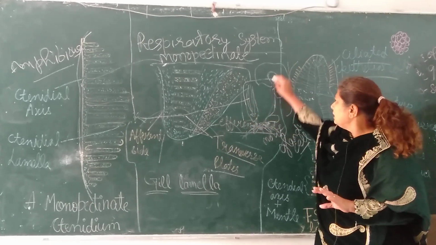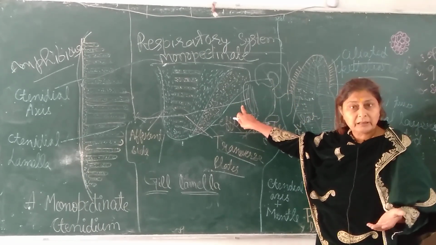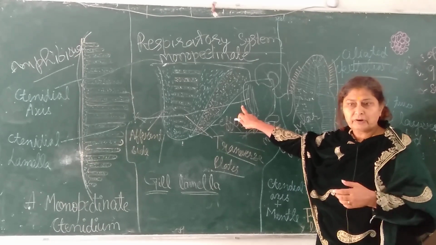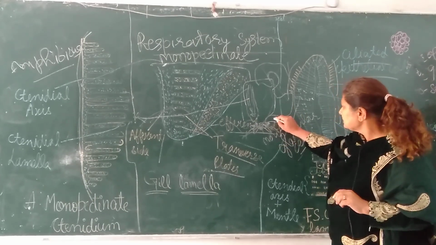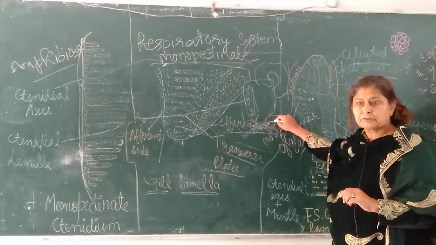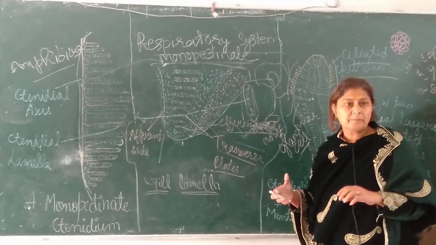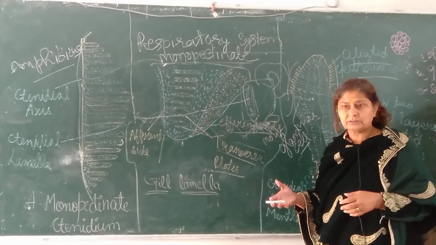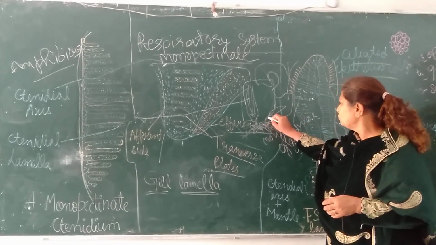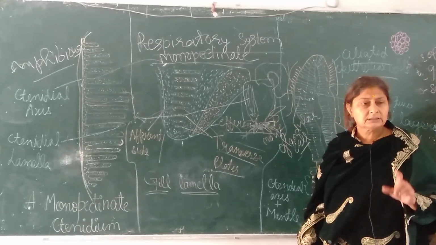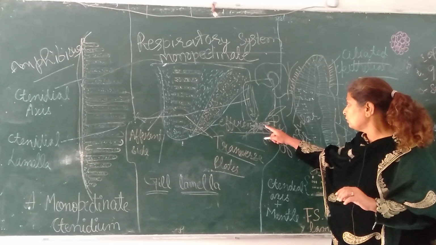In this case it does not have any function. The function is of the branchial chamber or gill. Here is the nuchal lobe. Let's see its physiological part. When it is in the water, like the rainy season, when sufficient water is there, the water enters through the left nuchal lobe.